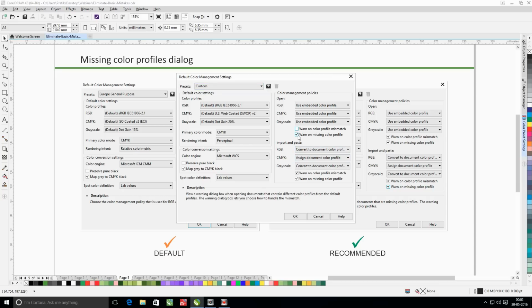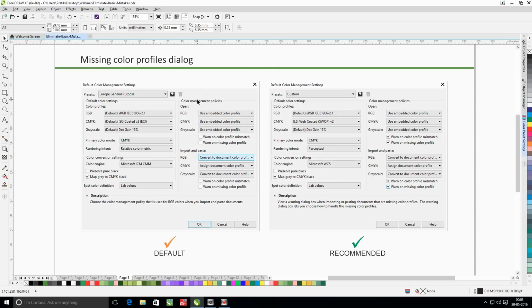So what happens is, if these checkboxes are not selected and you try to import or paste an object which has a mismatched or missing color profile, you won't be seeing any warning, or it will automatically do the task which you have assigned in the color management dialog box. But it is not a good idea to turn this off. It's always recommended that you turn this on for better management of your incoming media.